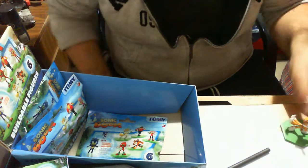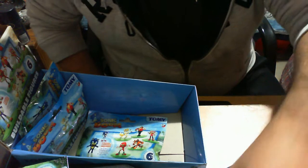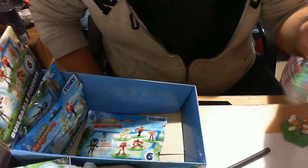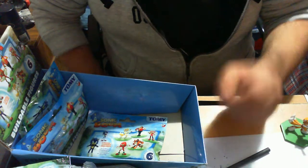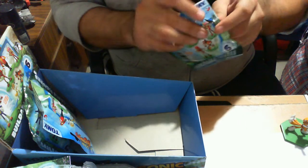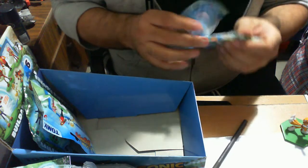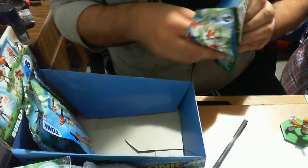Alright, so there's that actually. So I got the complete set. I'm just really ecstatic about it. Of course, I have a second set. Should I open this or should I not? Knowing me, I will open them, because I feel like you can get two sets out of this. And if that's the case, not bad. And of course, as fate would have it,